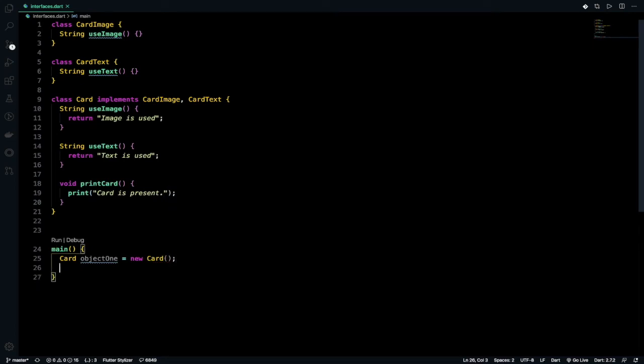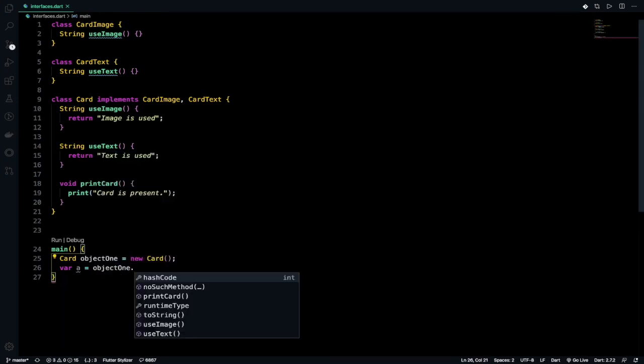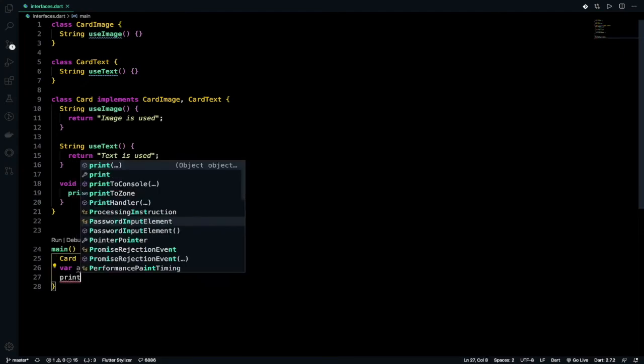The object is created with the name object1, and then if I need to store that thing, I can use a variable, and then object1 dot use image, and I can print it.